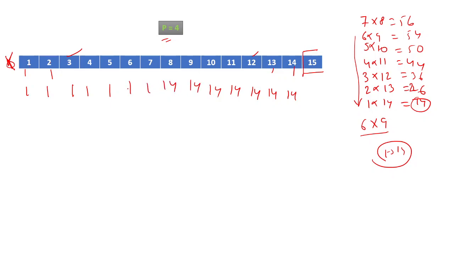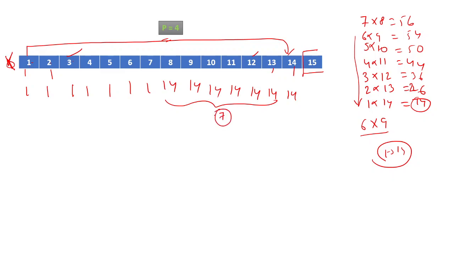Now you can see the number of values, I'm saying the number of values, not the actual values: 1 2 3 4 5 6, here 14. So out of this 14, 7 will be the pairs, and the maximum value that we can get is 2 to the power p minus 1. This is the max value, let me put it as max. So max minus 1, that is 14. This will come how many times?